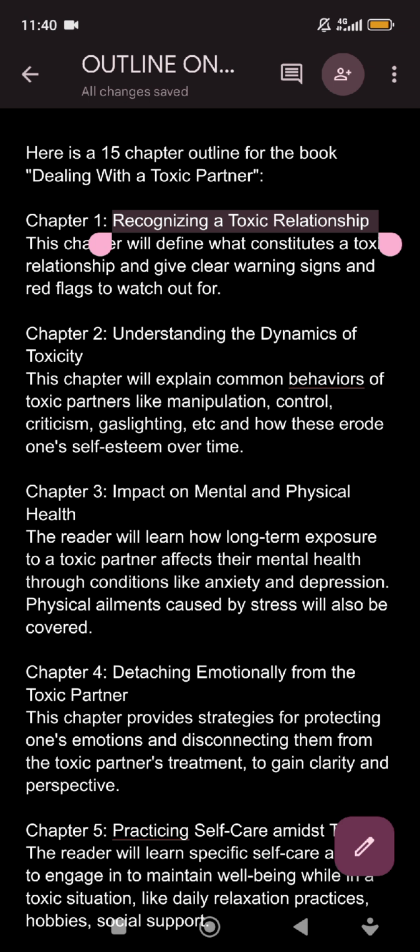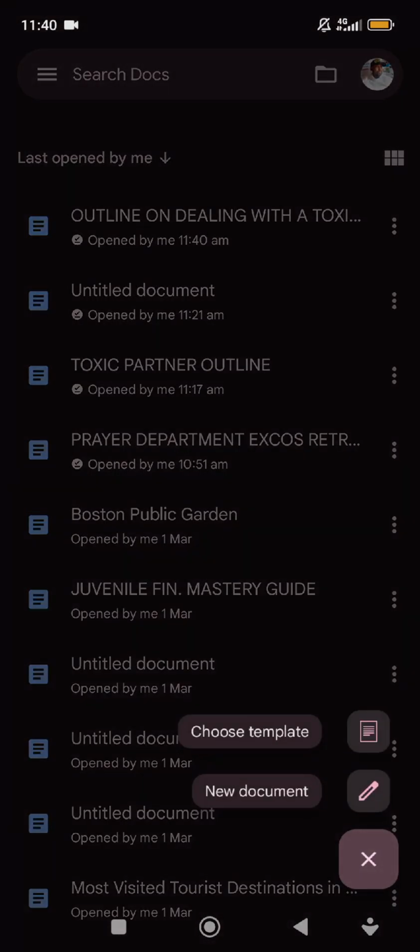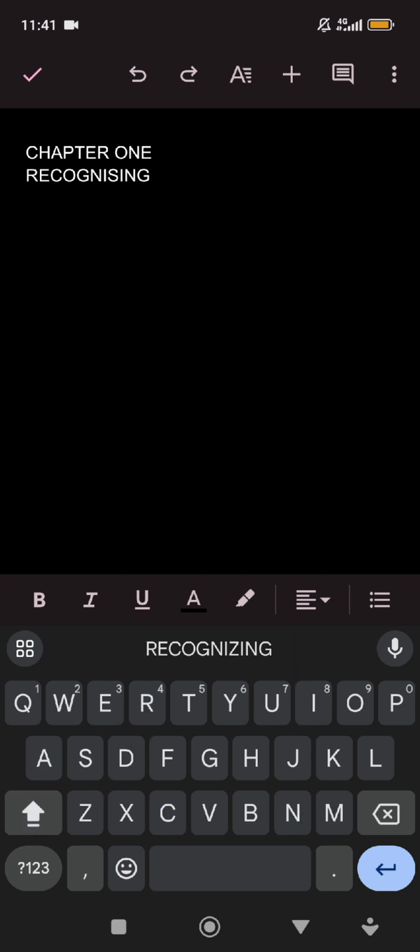Remember that this topic, chapter 1, is recognizing a toxic relationship. So what I will just do is go back, click on this plus button again, click on new document. Once I click on new document, I will just type here chapter 1, under it, recognizing a toxic partner.